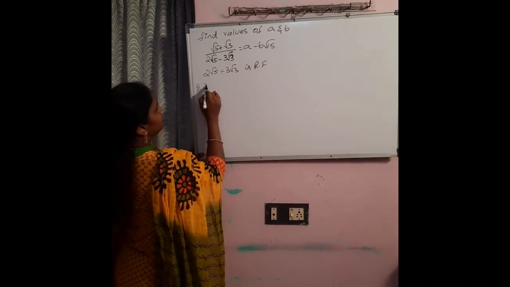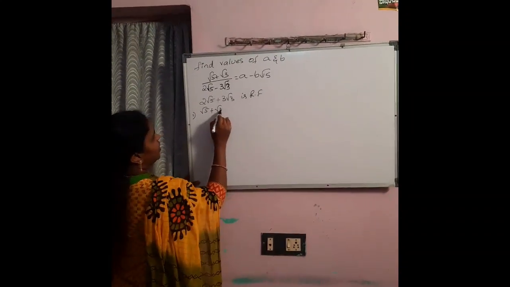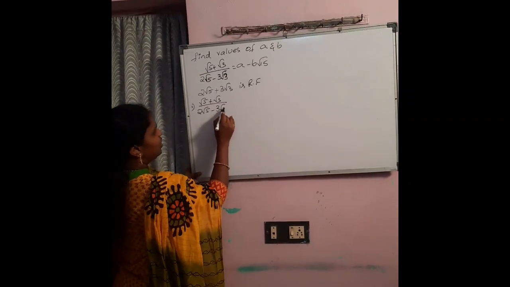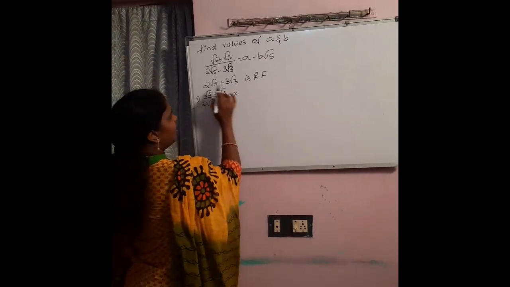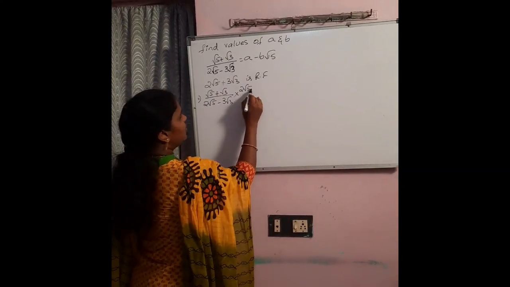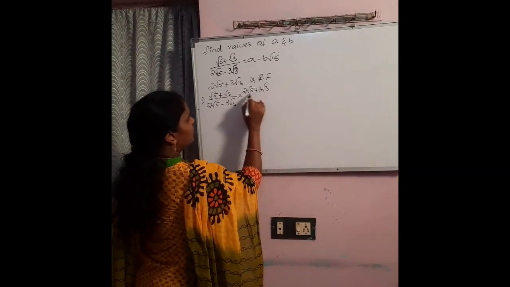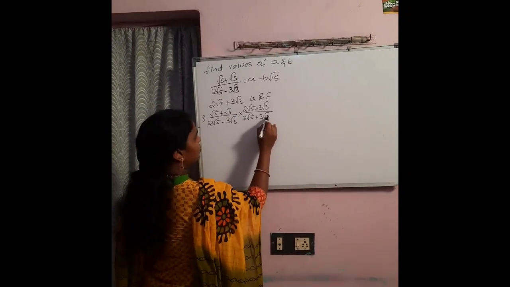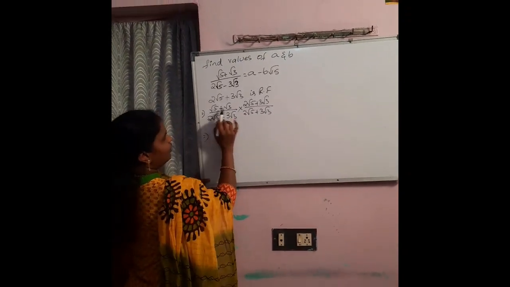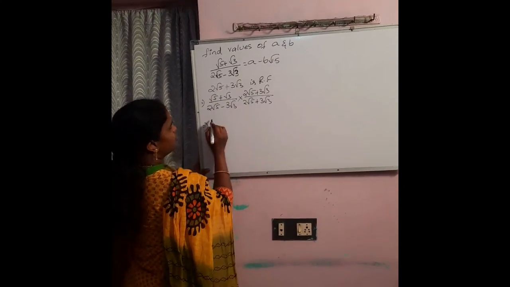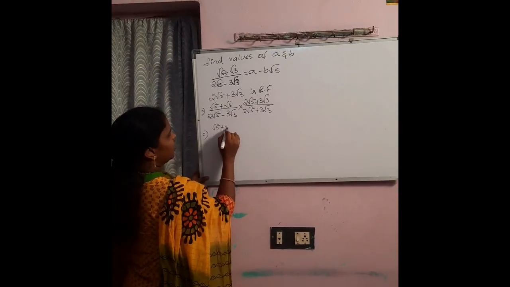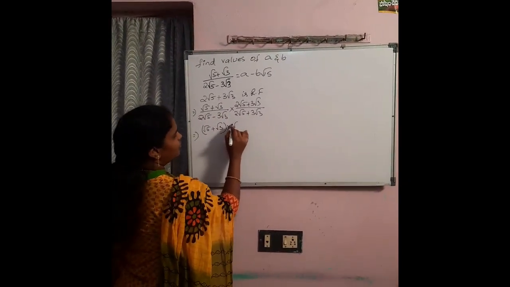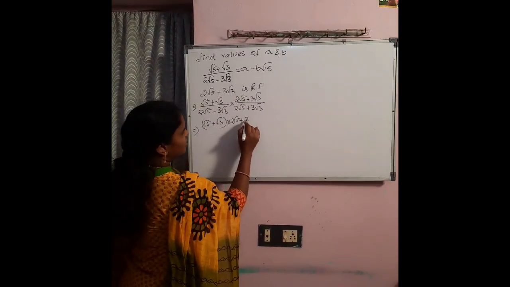So let us do that. 5 by root 3 by 2 root 5 minus 3 root 3 into the rationalizing factor, which is 2 root 5 plus 3 root 3 by 2 root 5 plus 3 root 3. Now if you observe the numerator, both should be multiplied. That is root 5 into root 5 plus root 3 into 2 root 5 plus 3 root 3